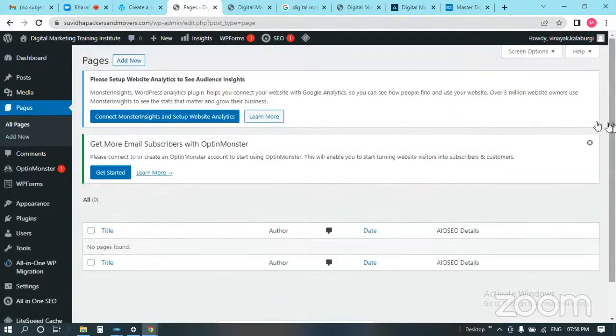So I want to add new pages. On top, as you can see, add new is there. I'll just click on add new. So the first page that I will create,